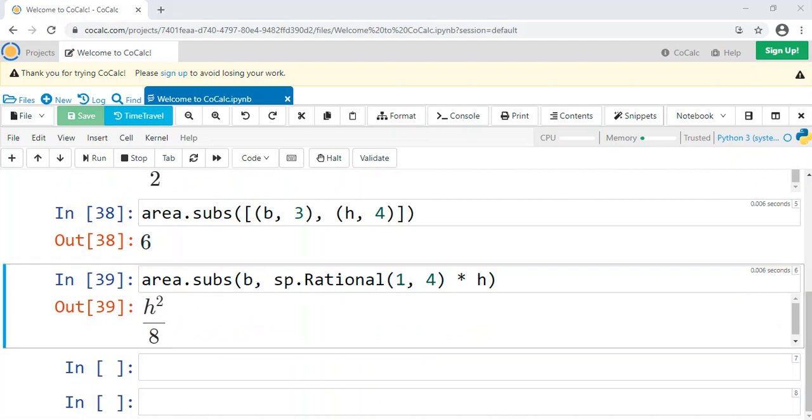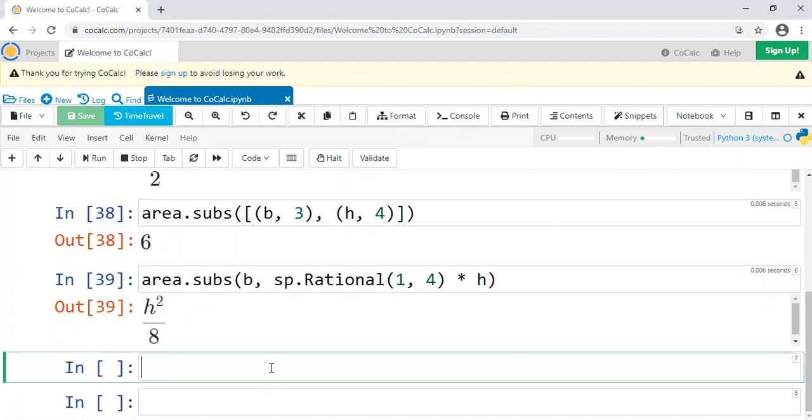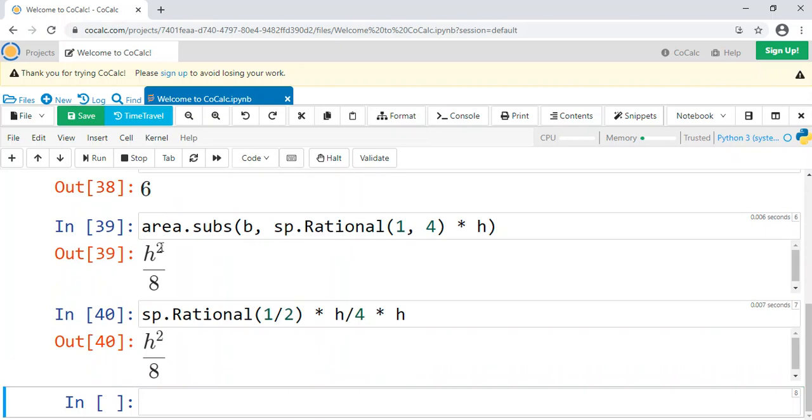You end up with this in symbolic form as h squared over 8, and that makes sense, right? Because if we have 1/2 base times height, we substitute in 1/4 height for base here, we'd end up with 1/2 times h over 4 times h, right? So if you were to do sp.Rational(1, 2) times h over 4 times h, you should get the same thing. Yeah, so h squared over 8. Same result. Okay, so that's substituting in.